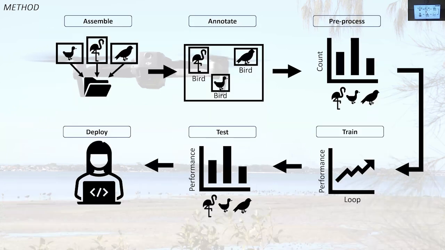So my method was to assemble a data set encompassing broad context. So there's 6 steps, that's the first step. The second step was to annotate those images with those fine scale details that we want, so species, age, category, information like that. And then there's a pre-processing step where we take those images and process them so that they can be viewed by the network and used to train the network. Then we train the network, we test its performance, and that's to give practitioners an indication of what sort of performance they can expect in different contexts. And then we deploy it, so we make it free and easily accessible for practitioners.